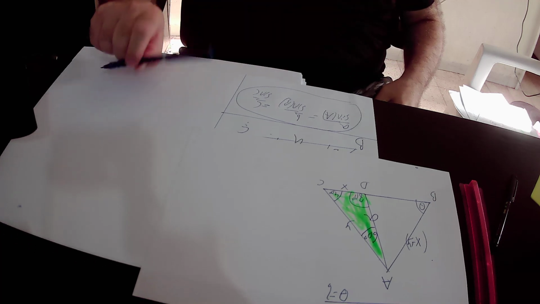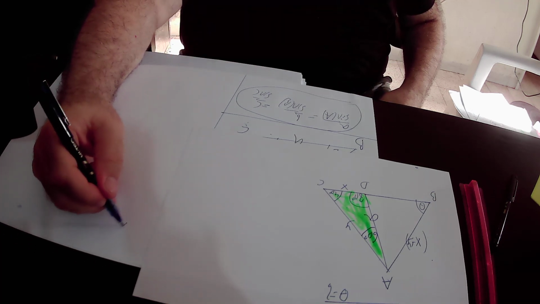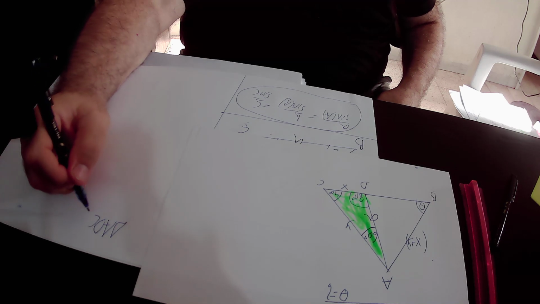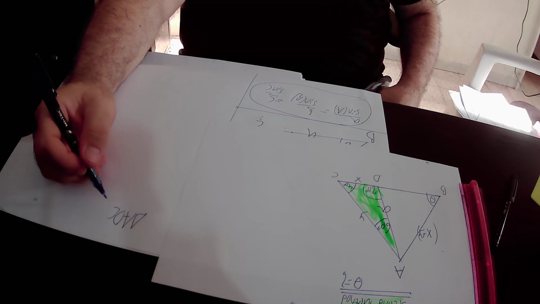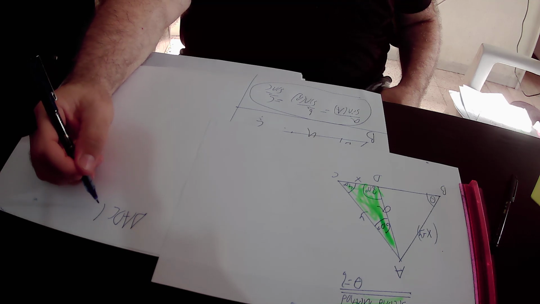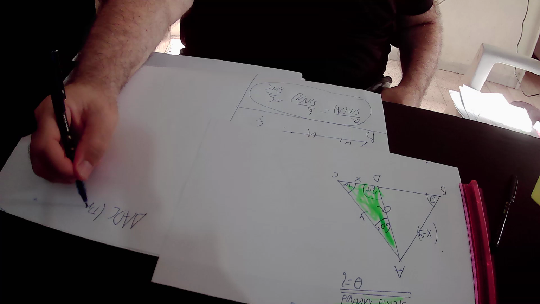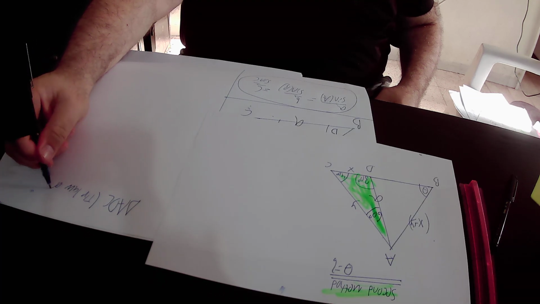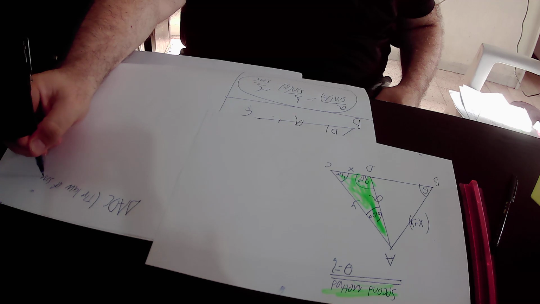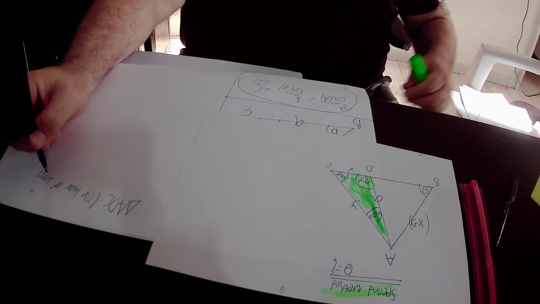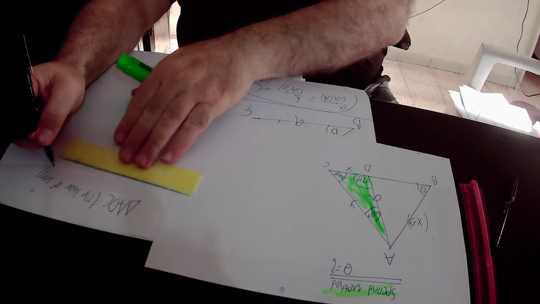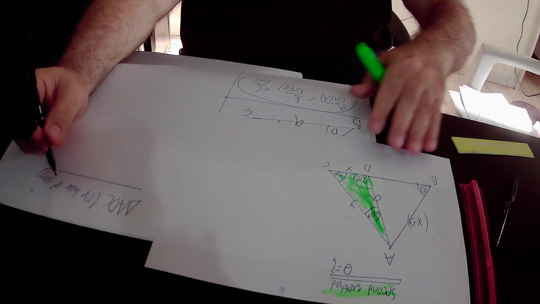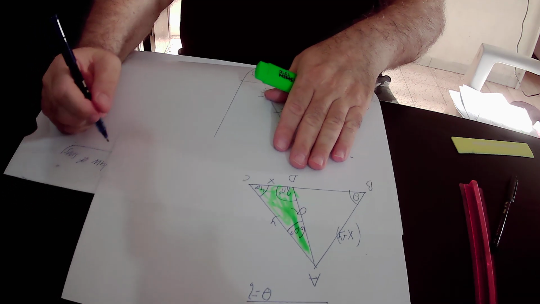So I write down in triangle ADC, according to the law of sines, we will get that